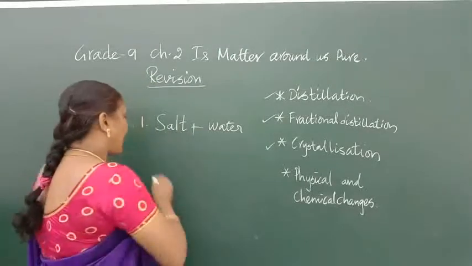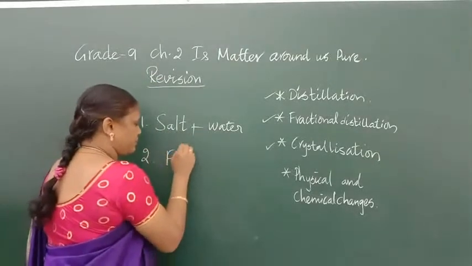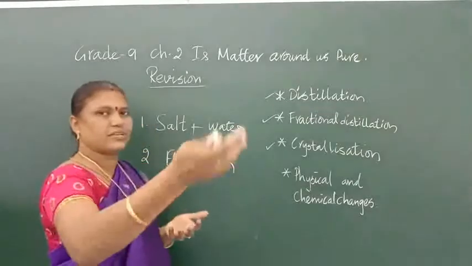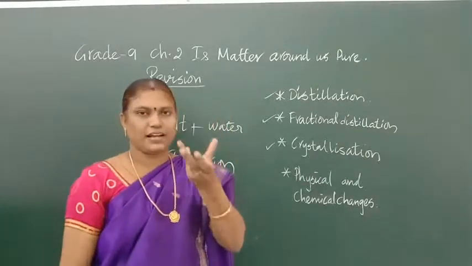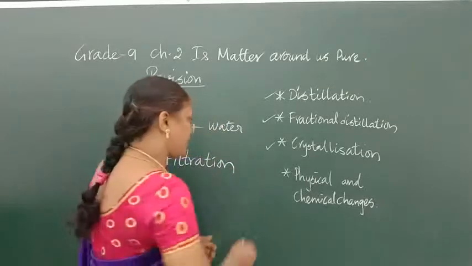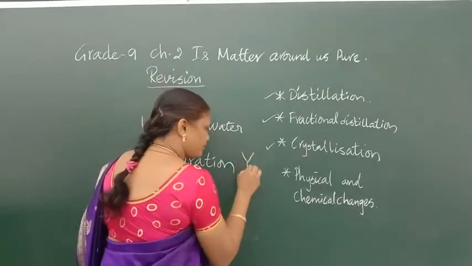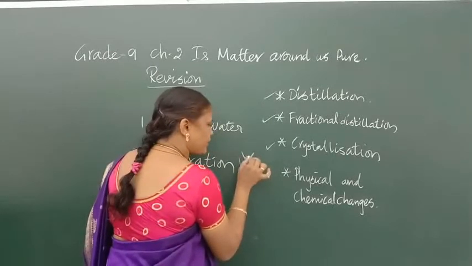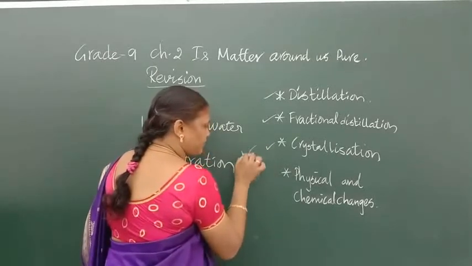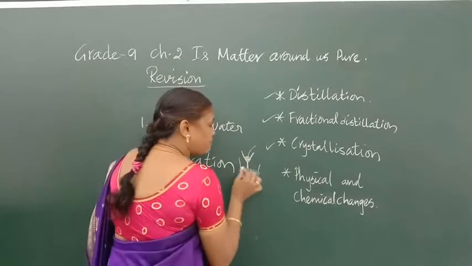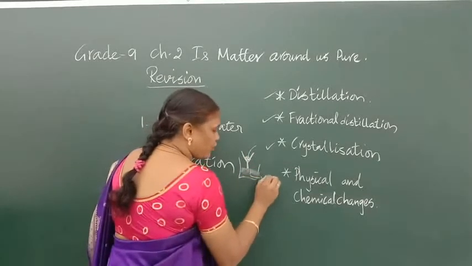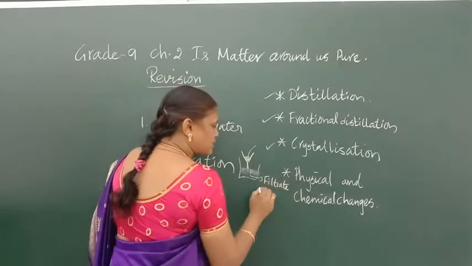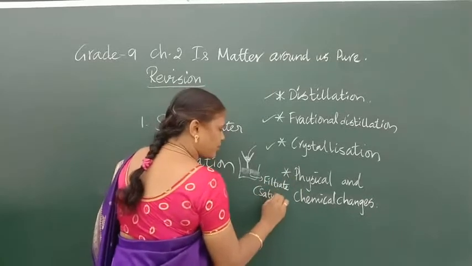So now after that you should do filtration. The filtration is done so that the impurities will be settling on the funnel. You will be getting pure liquid. When you are filtering, you will be getting pure liquid here. The impurities, everything settles here, with the filter paper you will be doing. The filtrate, what you will be getting, is called filtrate, is a pure substance, that is saturated solution.